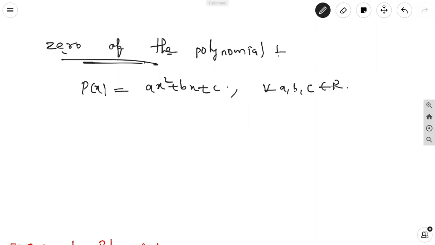Okay, belongs to rational numbers, not real numbers, belongs to rational numbers. Here, when we substitute, for example, p of x can be taken in the quotient values, that is 2x square plus x plus 1. Okay, in this case,